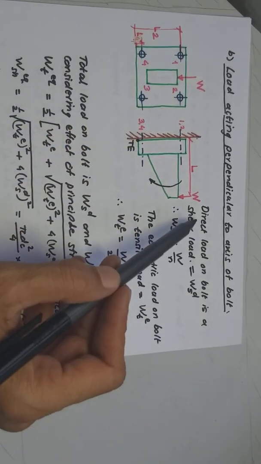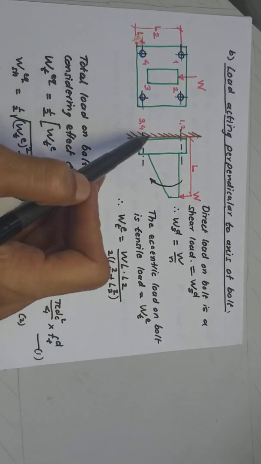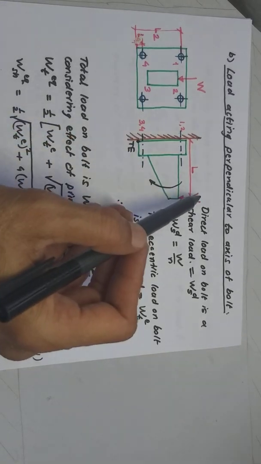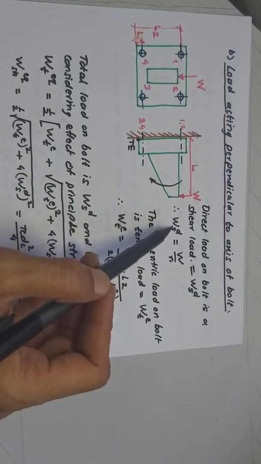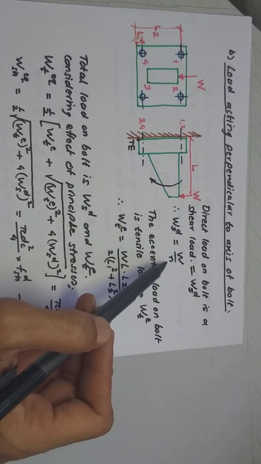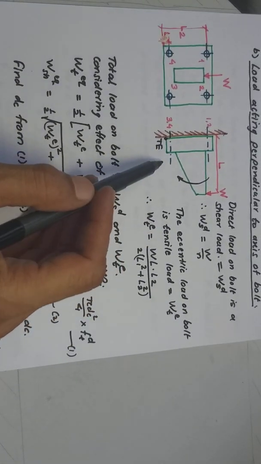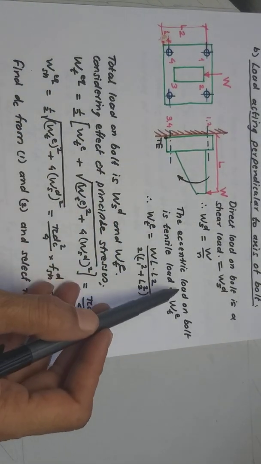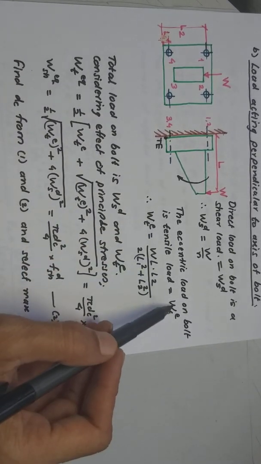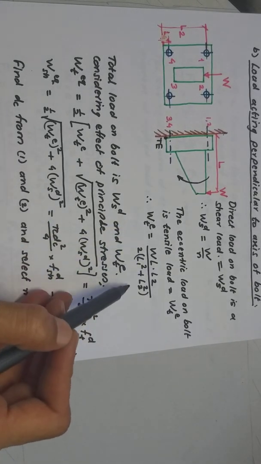Again, you can now see here the direct load on each of the bolts. In this case, the direct load is going to be a shear load because the axis is like this, the resisting area is like this, and the load is along the resisting area. So the shear load is going to be the direct load, and that is given by load upon total number of bolts. Now the eccentric load you have to find out, just like the earlier case. So the eccentric load on the bolt is tensile load, and that is given by W tensile eccentric, which is just like the last time's formula.